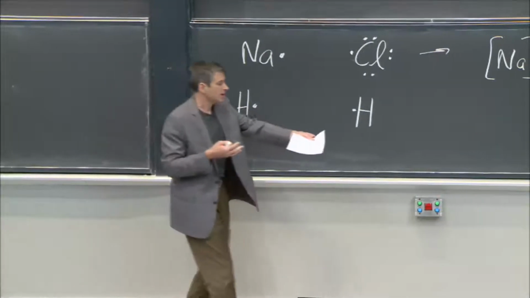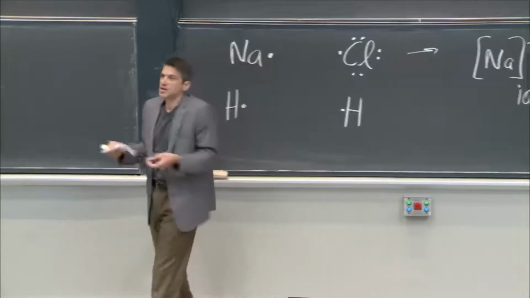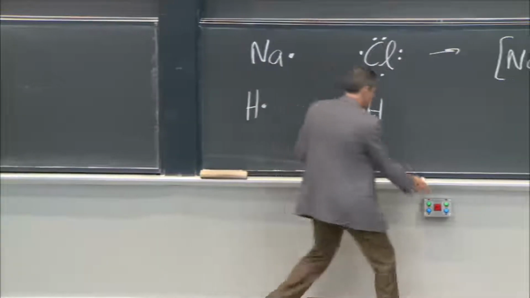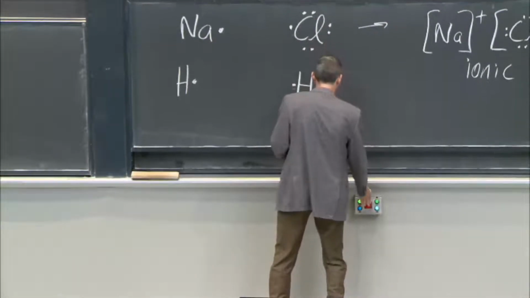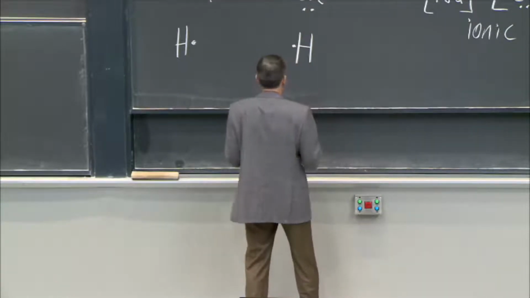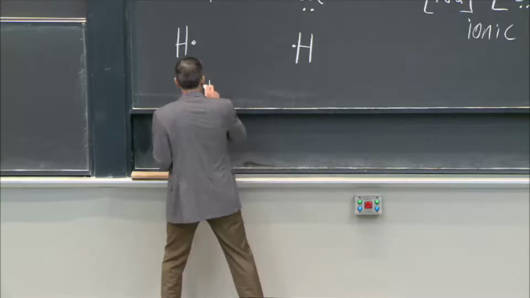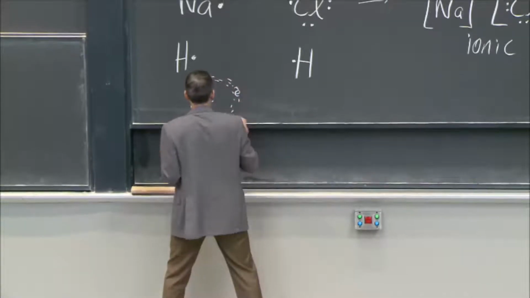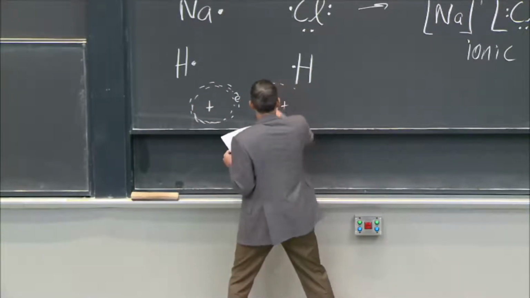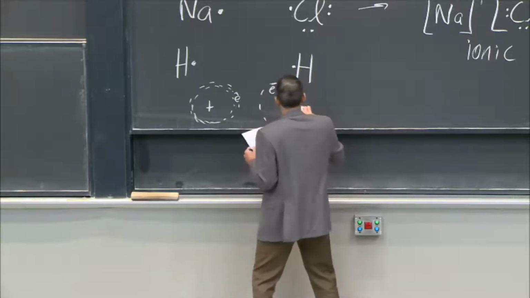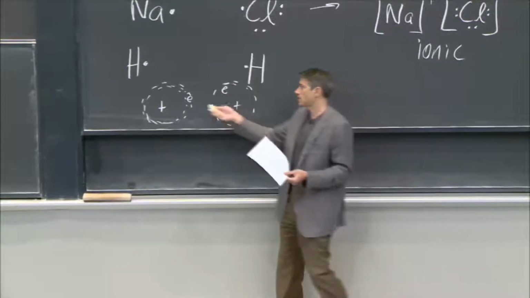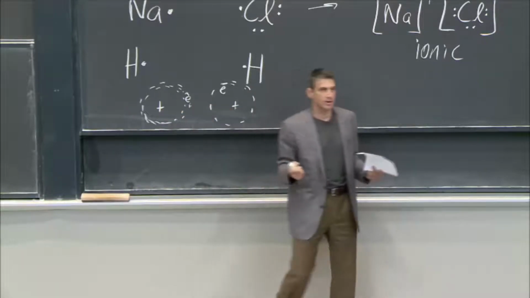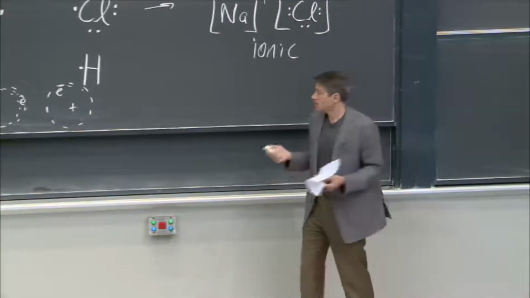Because one of the hydrogens doesn't say gimme, and the other one doesn't say sure. Oh, but something else happens. Because they get closer and closer. Let's look at this: here's a plus and a minus. It's not an orbit, it's an orbital. And here's another plus, and here's another minus. The electrons are like, I don't like you, other electron, you're repelling me. And the protons are like, I don't like you, other proton, you're repelling me. But the electrons do like protons.